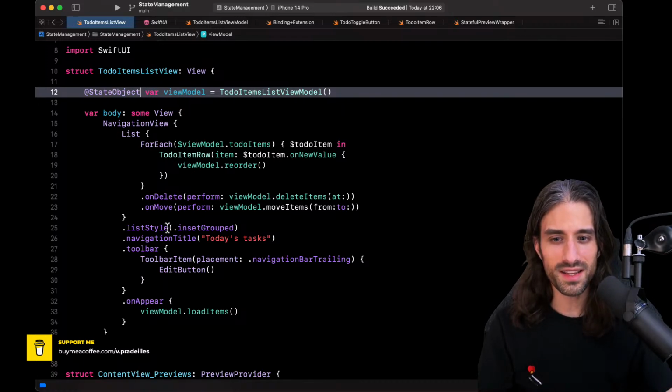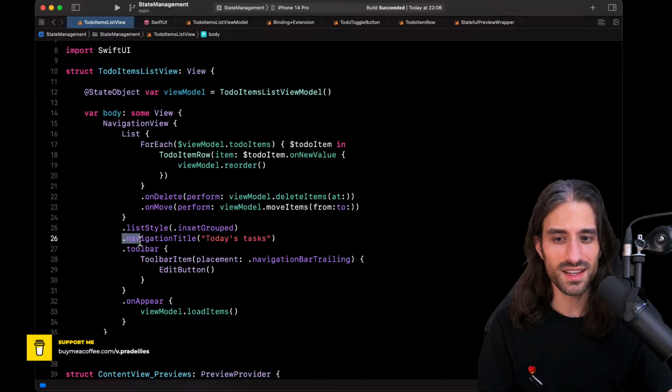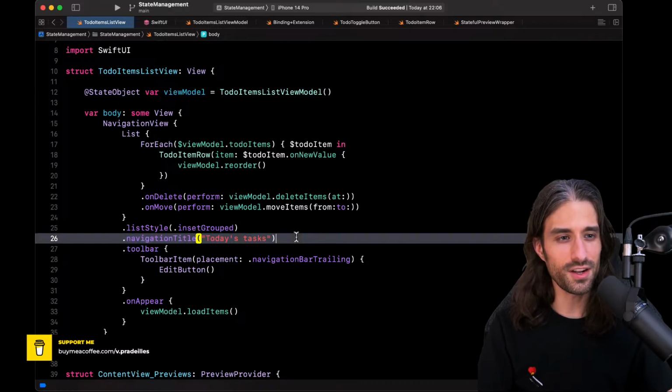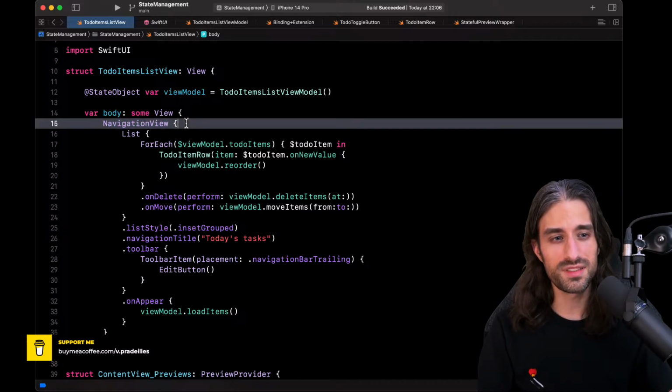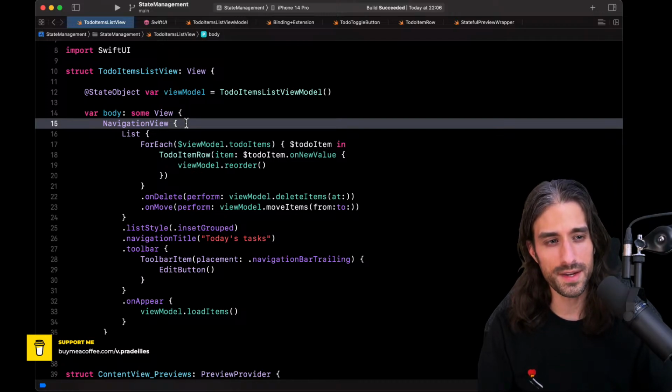Finally, one last thing we saw was that this navigation title modifier hinted at the fact that there exist other mechanisms in SwiftUI to make data flow between child views, like the list here, and NavigationView, which is its parent view. That's what we will see in a later chapter dedicated to what I have called advanced data flow mechanisms in SwiftUI.